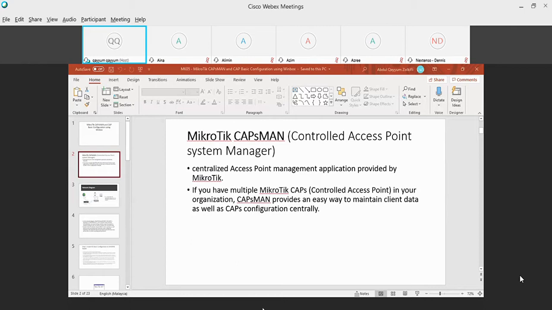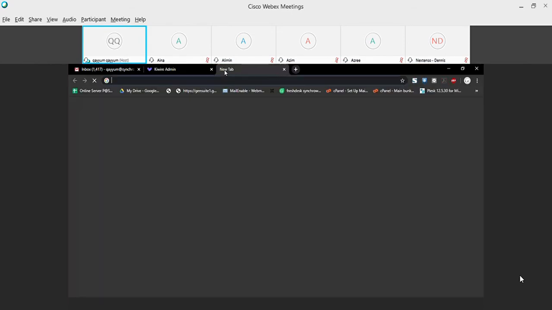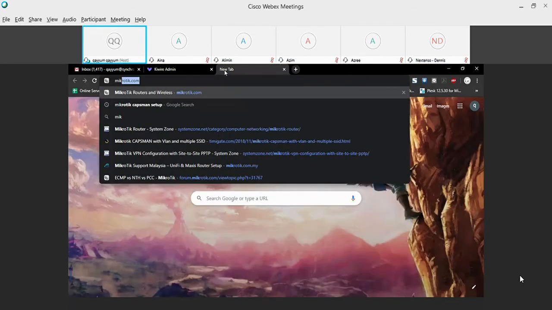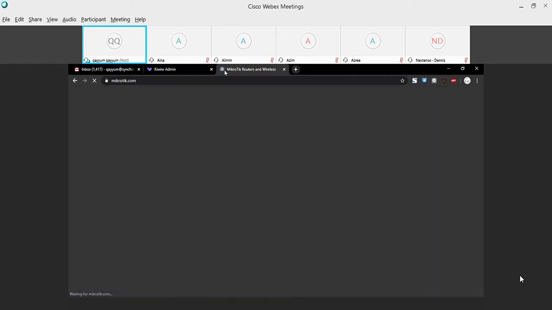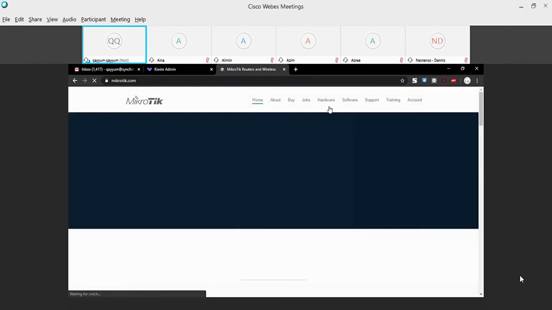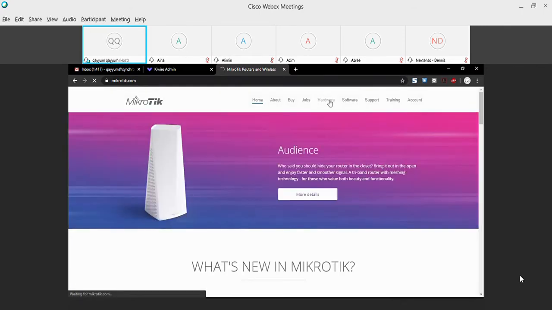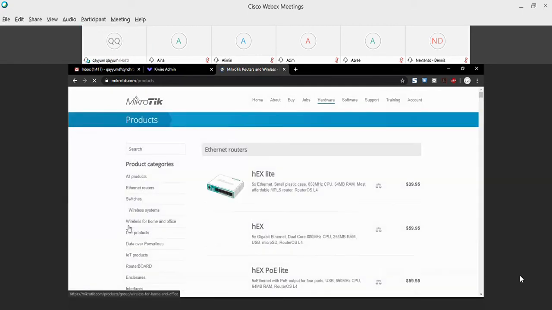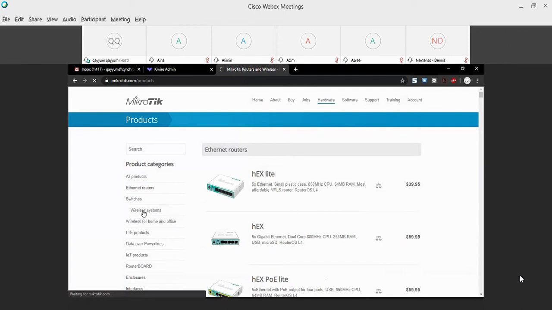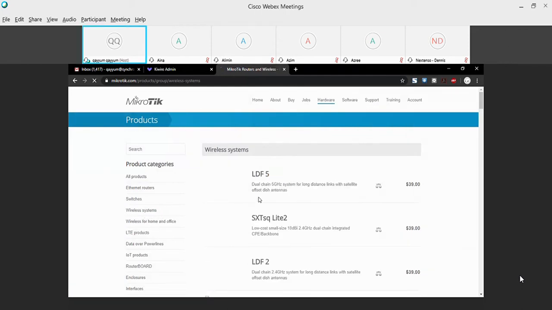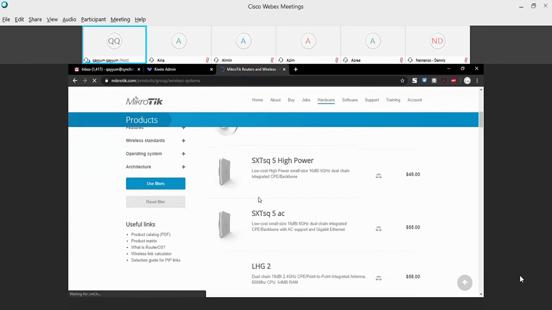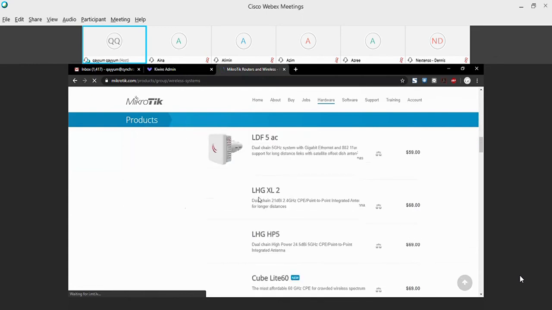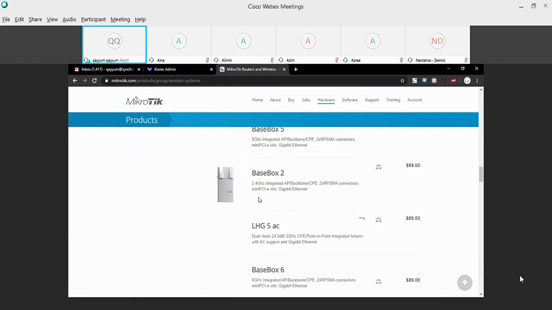If you open the MikroTik website and go to the wireless system, you can manage the CAP models.